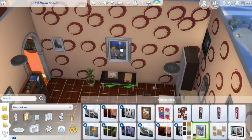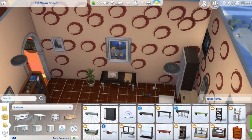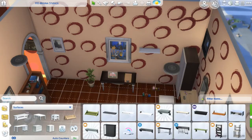If you guys look at the picture, she actually has curtains on the bottom because I think that's where more of her storage space is, because it's a small apartment. So I'm pretty sure she has a lot of storage space to store her stuff. But I tried to put a curtain on this and